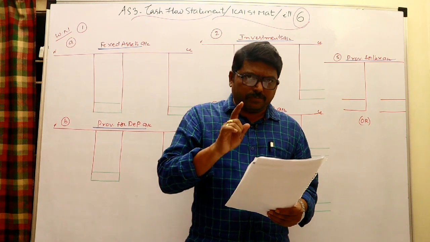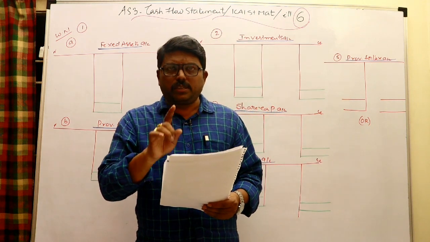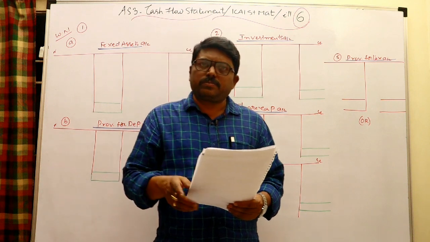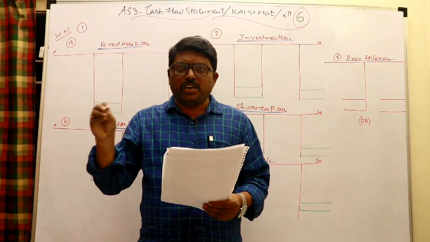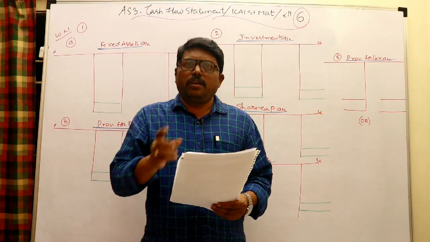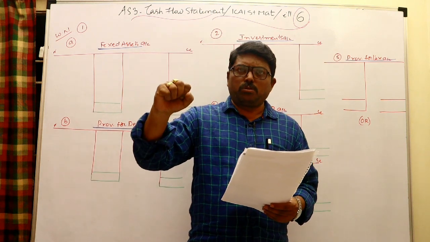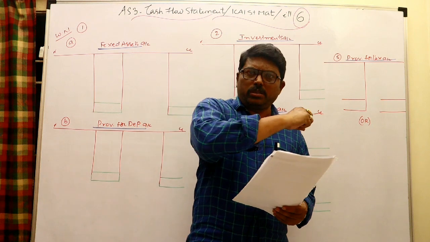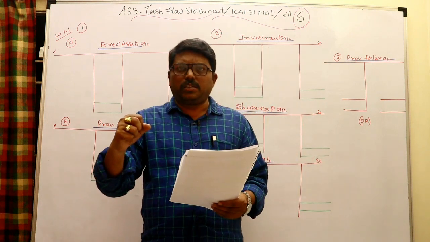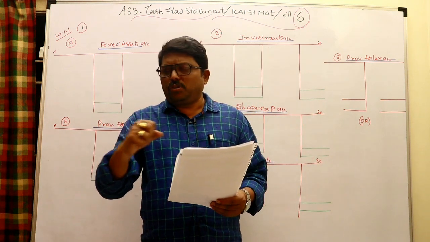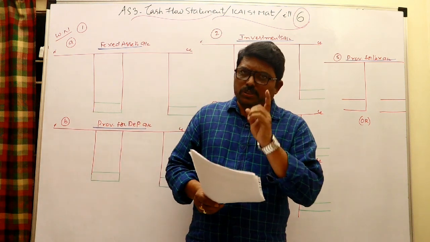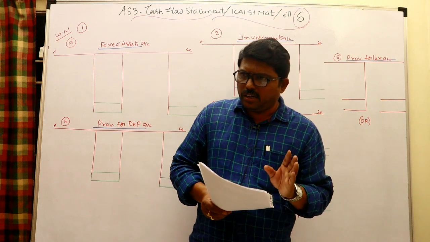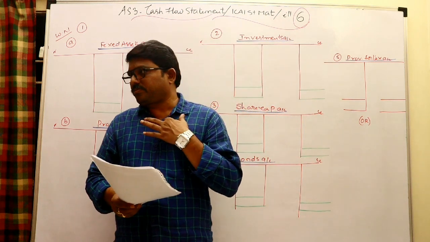In the provision method, the asset is always maintained at historical cost, and all the depreciation is accumulated in the provision account. Every year you bring the asset's original cost and also the accumulated depreciation, which is under the head of provision for depreciation, subtract it and show the net block. So when you follow depreciation under the provision method, you should be very clear about the depreciation entry.